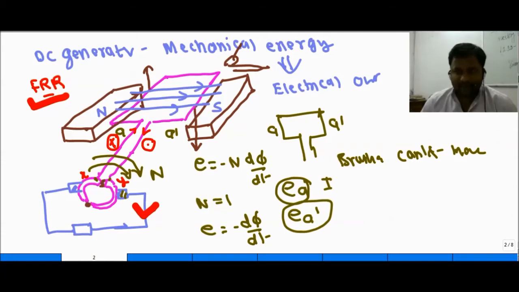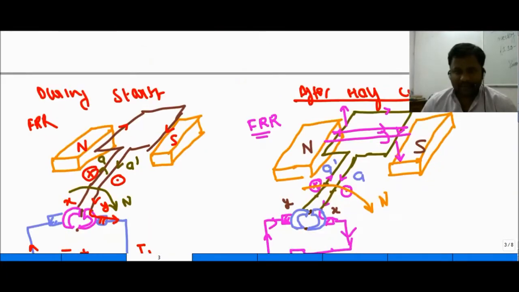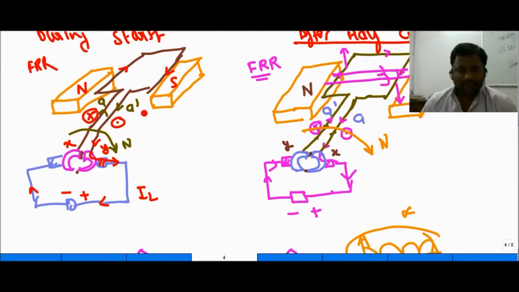Then after the second half cycle, we have learned that the location of A dash is now occupied by conductor A, and A is occupied by conductor A dash. So after the half cycle, there is a rotation of the coil. Since X and Y also change, the direction of the induced current in conductor A or A dash reverses, while the direction of the current at the load side remains constant, plus here and plus there, so we can obtain DC in this fashion.